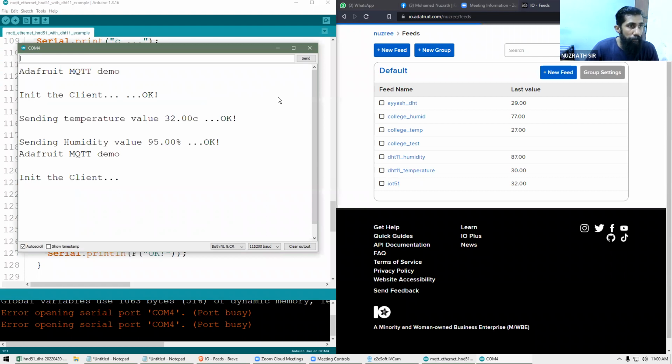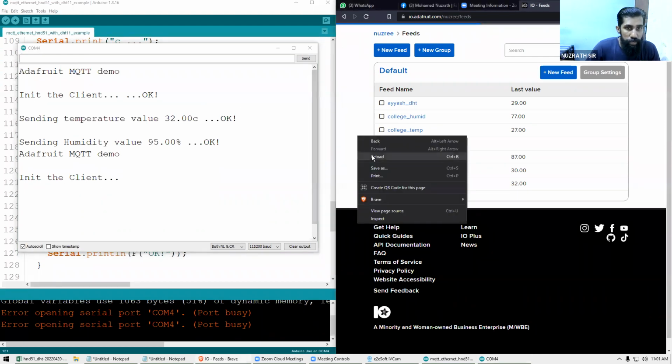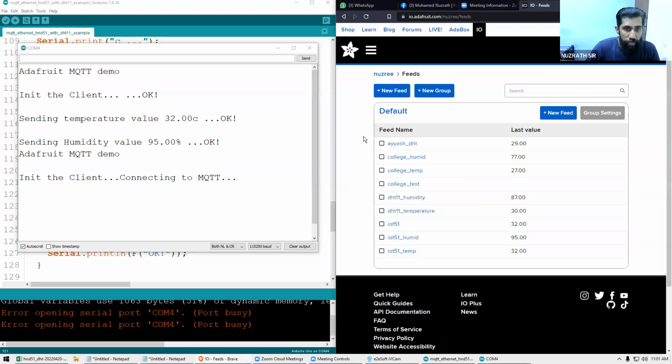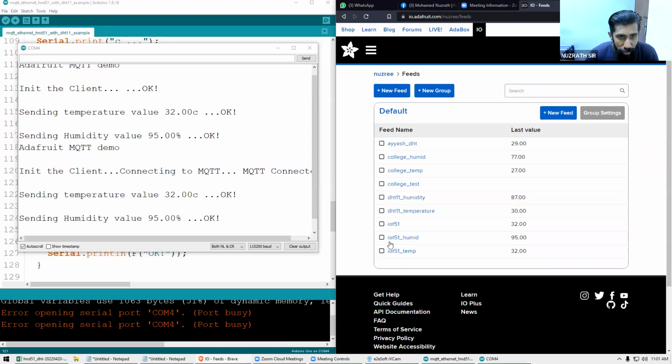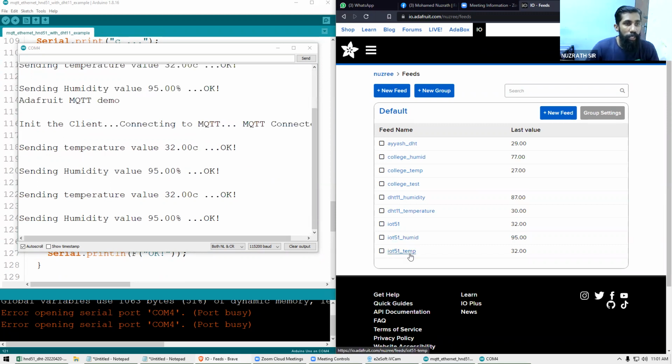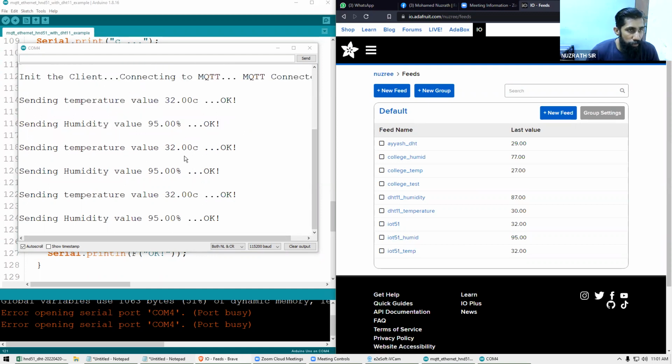Okay, now it is there, right? It's working, cool. Let's reload this and see whether we are getting that. Two feeds, right? We got them. You can see here, IoT 51 humid is coming. IoT 51 temp is also coming. And you can see in here, these are the values that we are sending, 32 centigrade